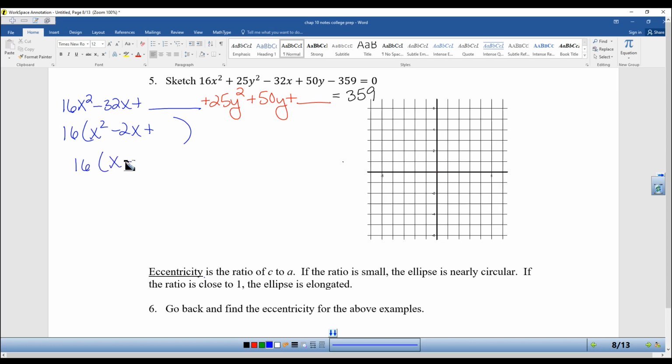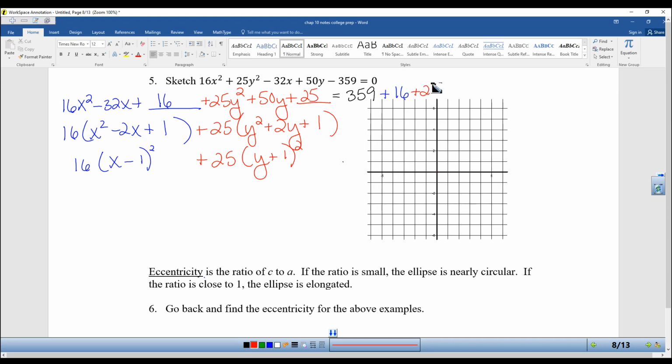And now I have 16 times, I cut this in half, I square it and write that number here. But because it's being distributed, the 16 gets multiplied to the 1 also. This is actually a 16 that you're adding to both sides of the problem. I factor out the 25 and I get y squared plus 2y again plus something. And I cut this in half. I write my square. 1 squared is 1, but I'm actually adding a 25 to both sides of the problem, which I think, honestly, you'll see if your work is neat and tidy. So this is equal to 400,